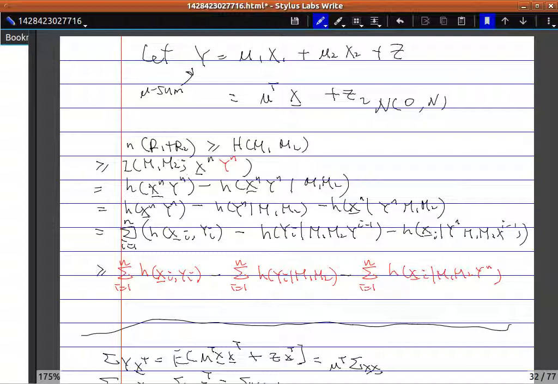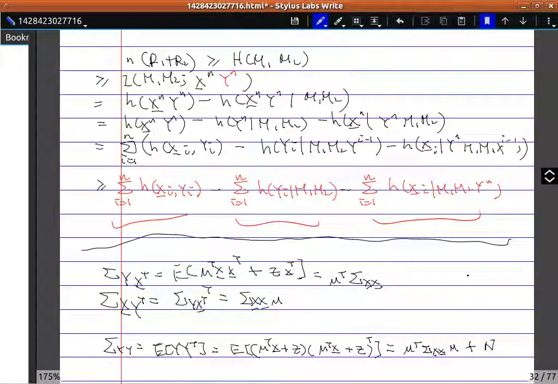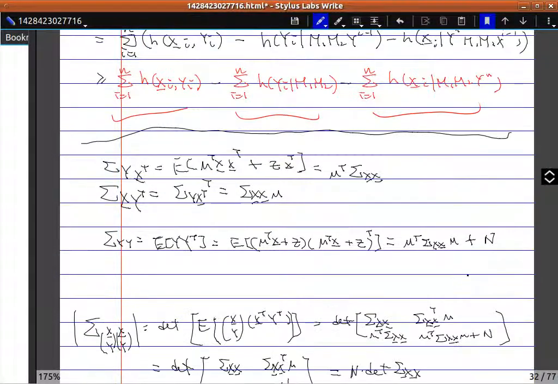Then we split this in another way and so on and so forth. Afterward, we split into 3 terms. So now we have 3 different terms here, and we need to compute each of these terms for the mu sum bound. And so for the first one,